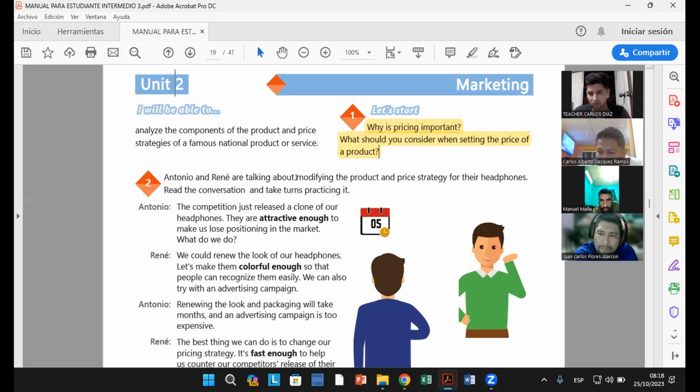Nobody in Domino's Pizza. No customers. Go to Wendy's. It's full. A lot of people in Wendy's. But what is the difference between Pizza Hut and Domino's? Why do people prefer Pizza Hut? And Pizza Hut is more expensive.